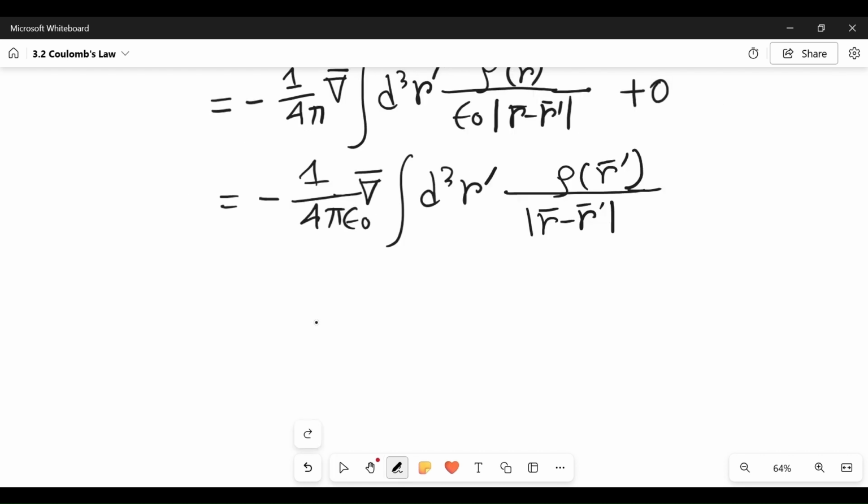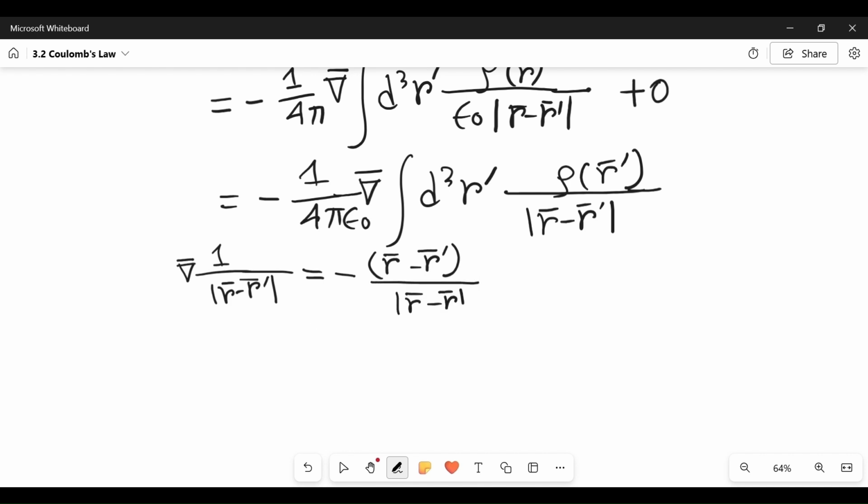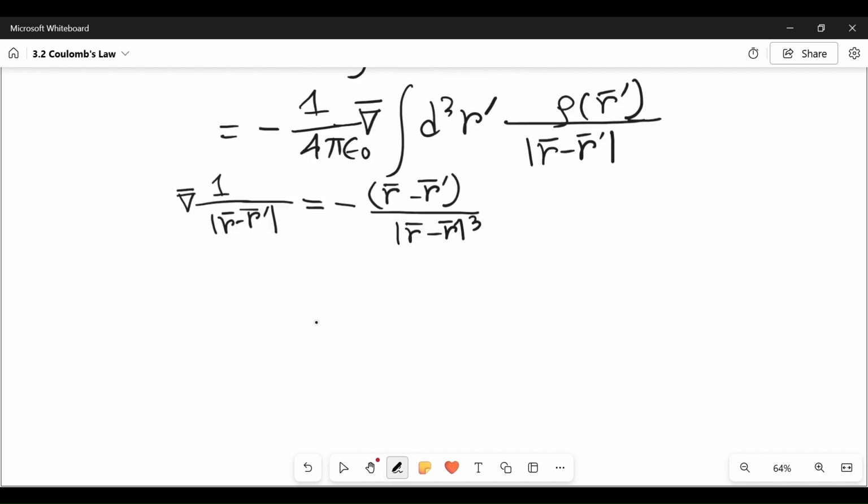Now the gradient operator is in non-prime coordinate. So if we perform the gradient operator, it will act on only this term, 1 divided by modulus of r minus r prime. So it becomes r minus r prime divided by modulus of r minus r prime cube. Now the electric field at r position becomes